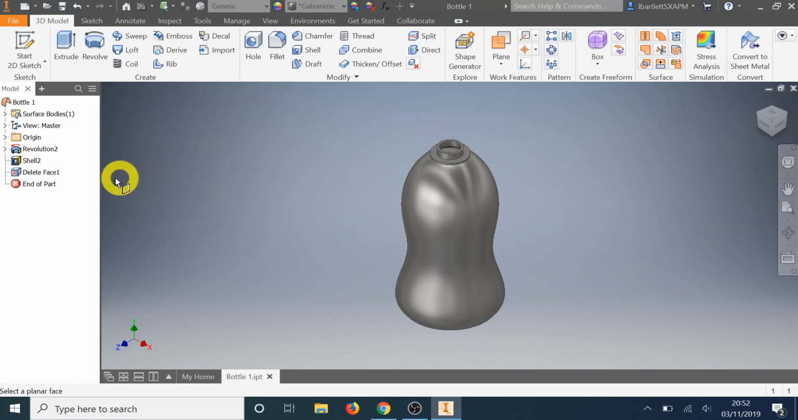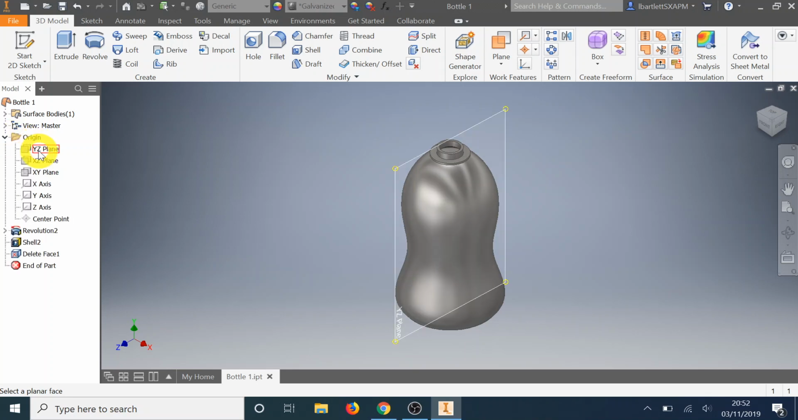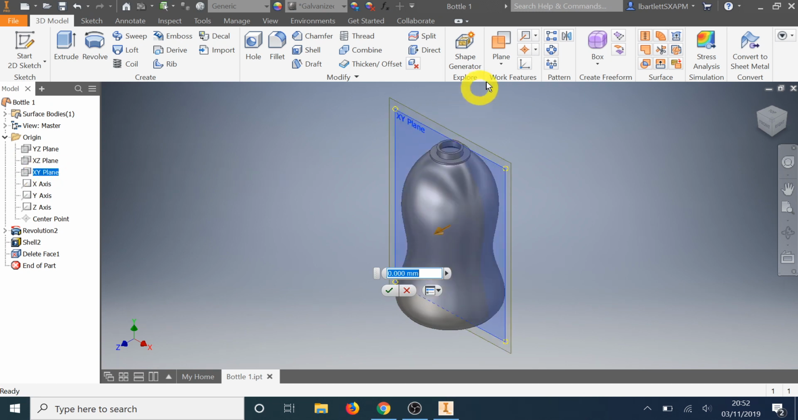and then we need to select a plane. So we're going to go to where it says origin on the left hand side here, click the little arrow next to the word origin, click there, and we're going to select YZ axis, or we could do XY plane, doesn't matter, one of those two, but we need one where it cuts down through the bottle rather than along the top. So I'm going to go with XY plane, going to click that one, and